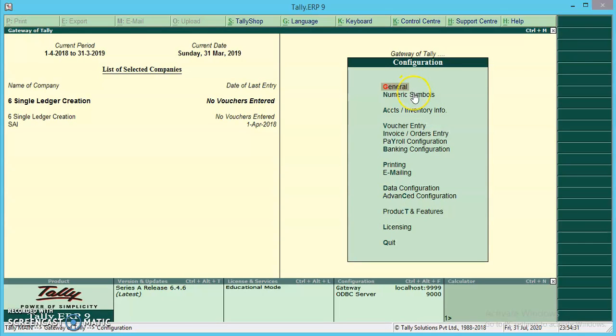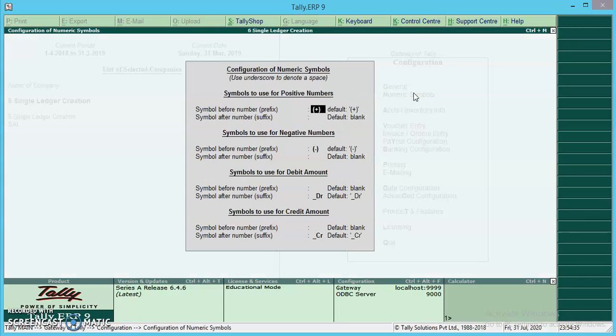Then the second one, numeric symbols. Select the numeric symbols. You can configure number styles, number symbols used to represent positive numbers, negative numbers, debit amounts and credit amounts. This is displayed on the number styles configuration screen.